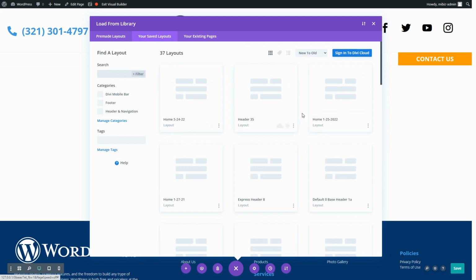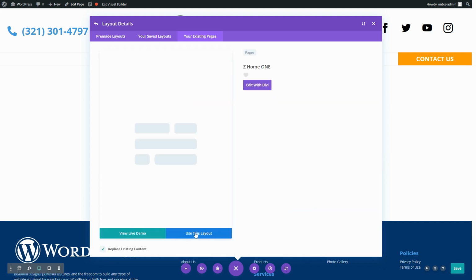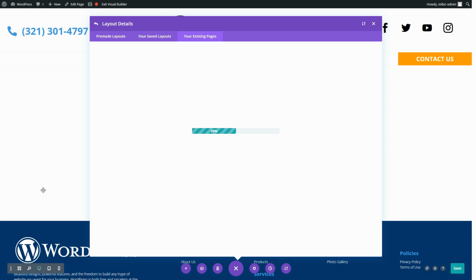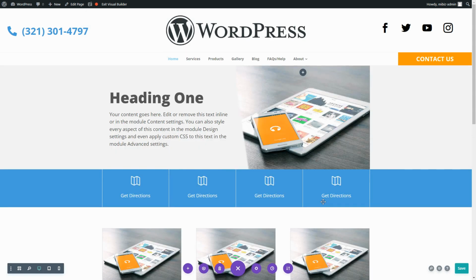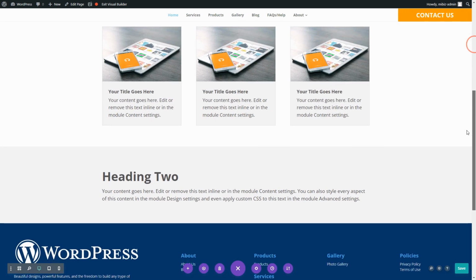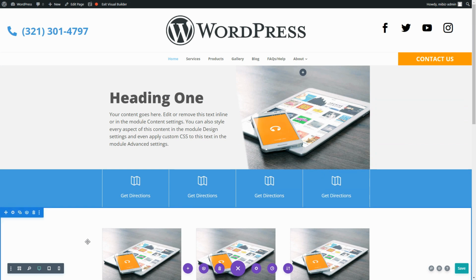So you can save these layouts, your layouts, to here or to the cloud, and then access them in this way. You can also copy existing pages, which is another really cool feature. You can copy an existing page. So let's just use this layout. I don't even know what it is, but let's find out. And there it is. So just like that, I copied an existing page,